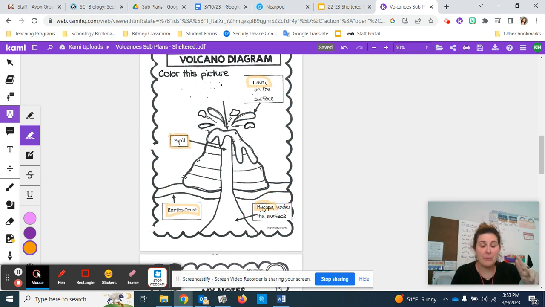Lava y magma son igual. La diferencia es en el lugar, que dónde está. Lava en la superficie, magma abajo. So, usa el mismo color para lava y magma porque son igual. Un está en la superficie, el otro está abajo. When you are finished coloring,